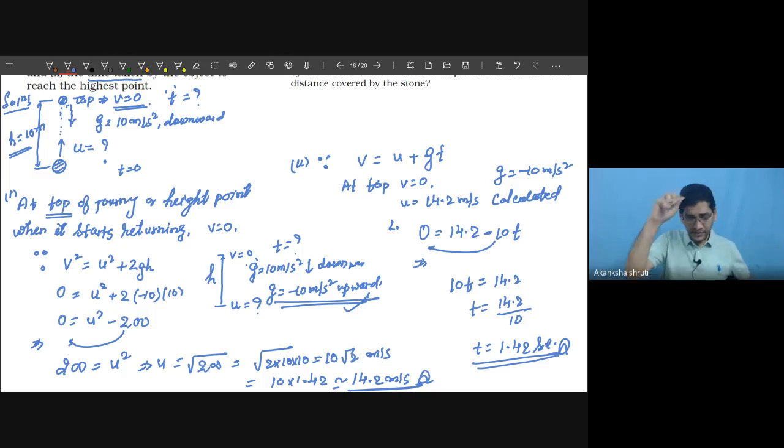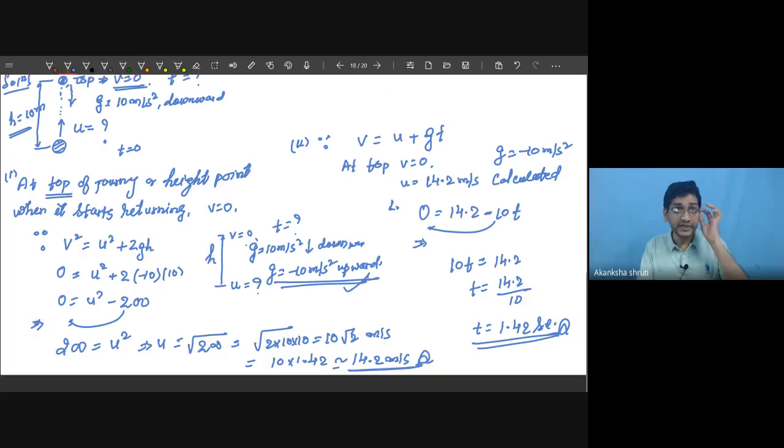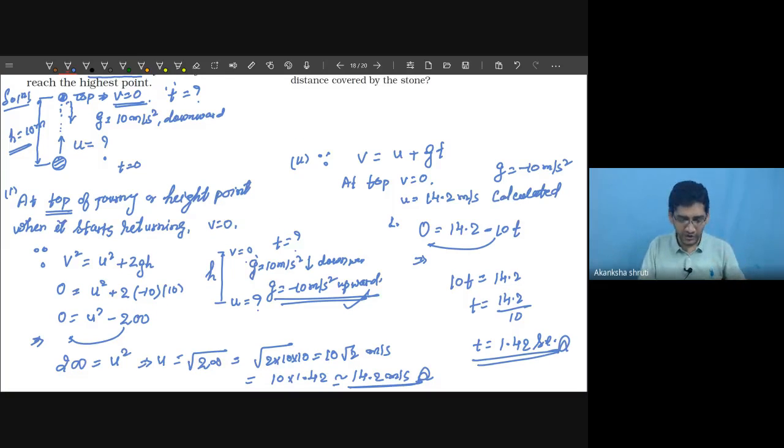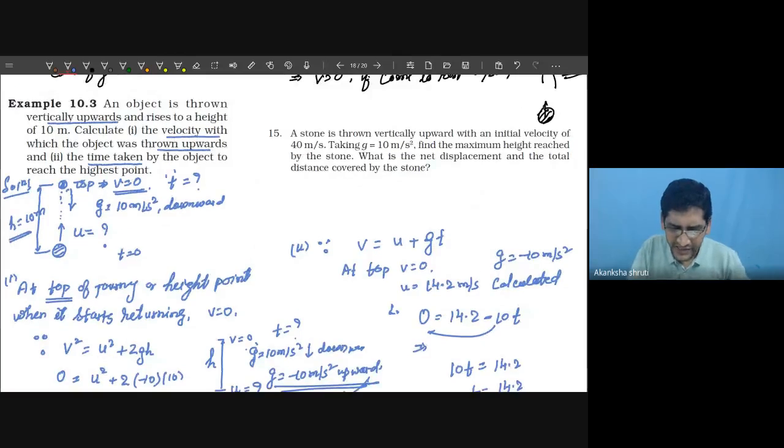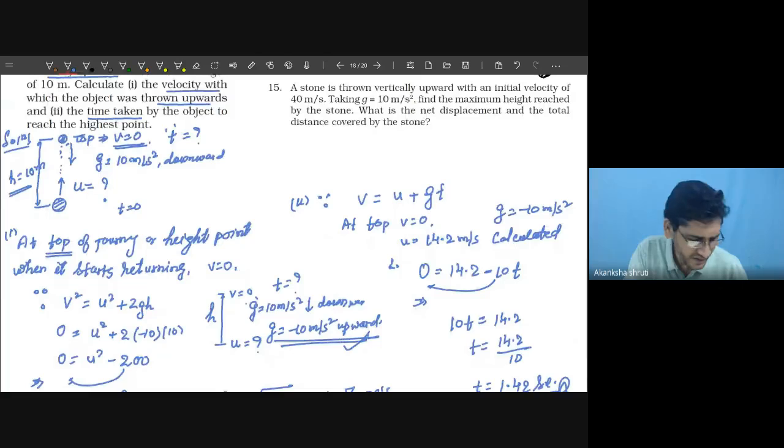So the questions are very easy. You need to practice a bit more. While practicing, you can get it. Students, the exact same question is question number 15 that we have taken from our exercise. But in this question number 15, we are given a stone thrown